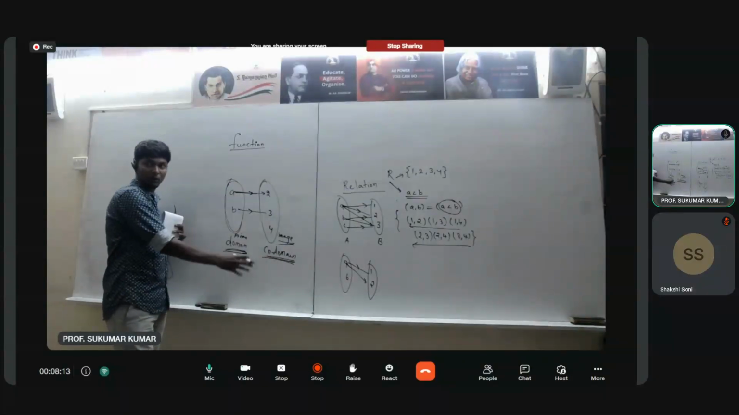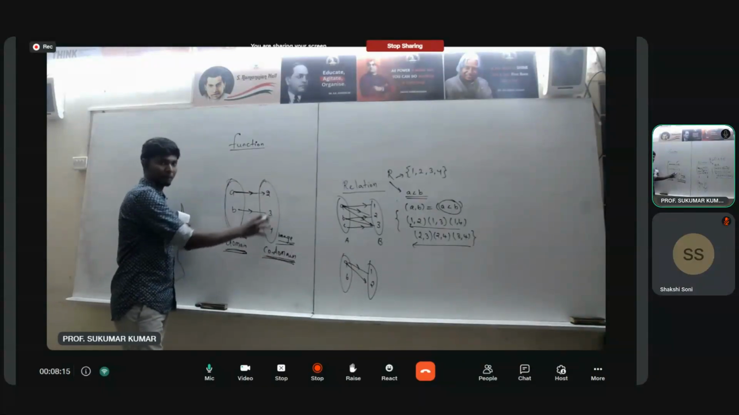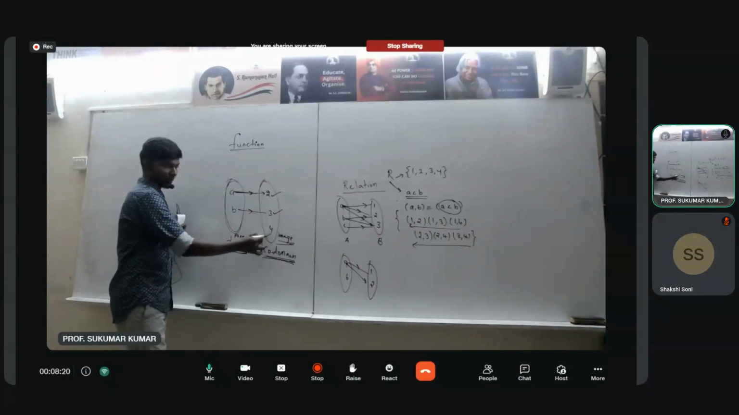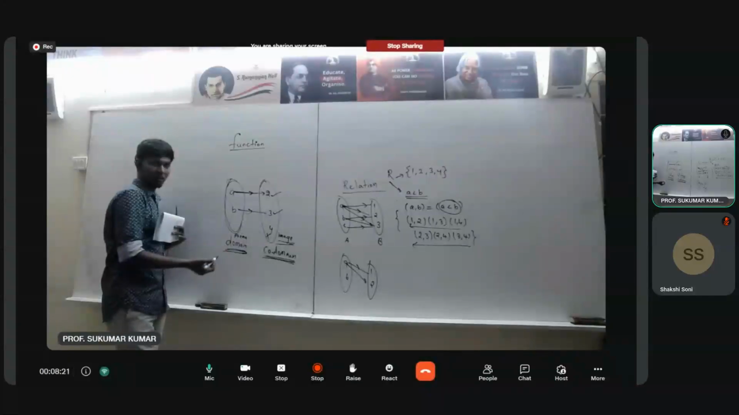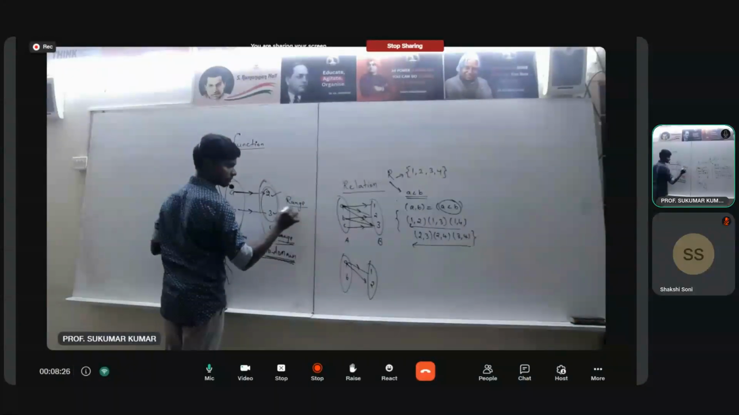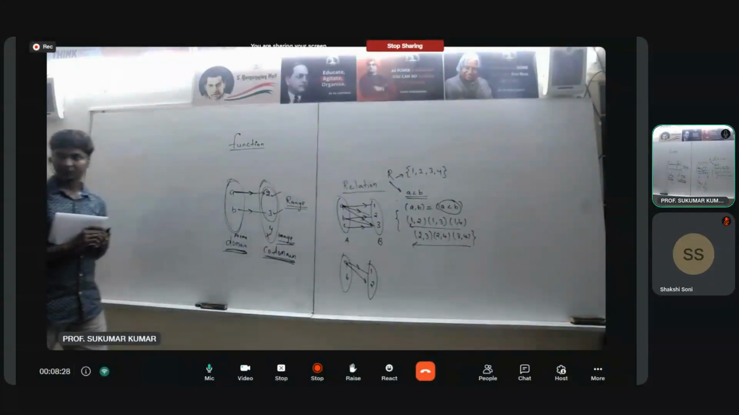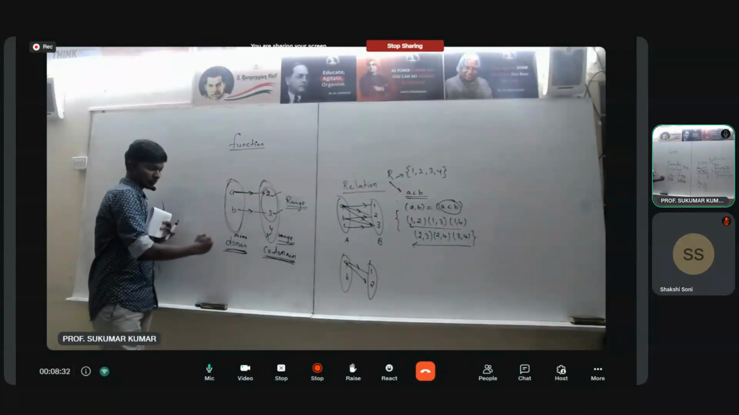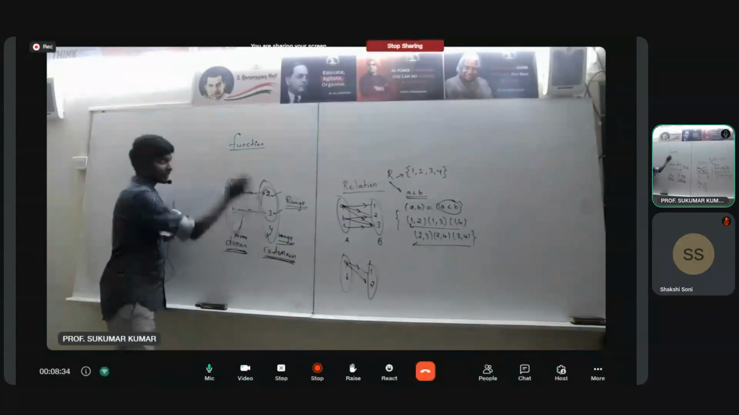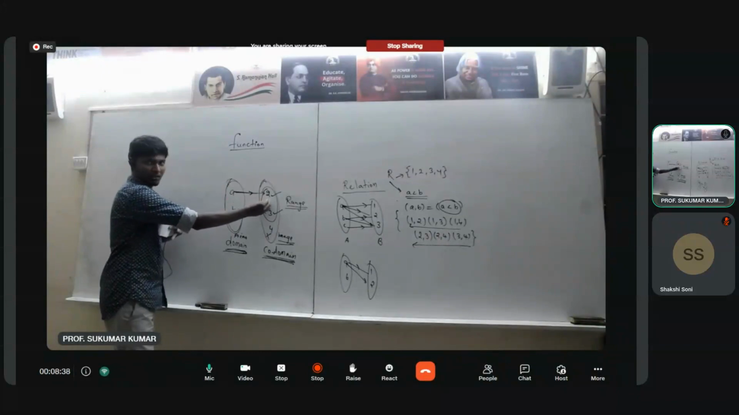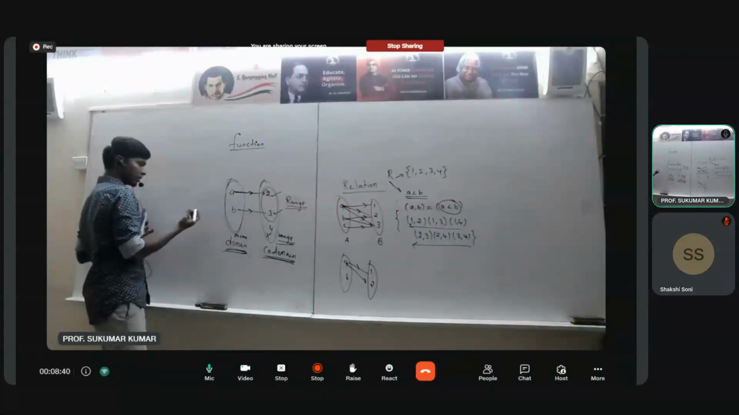But in the codomain elements, which elements are mapped? See, 2 and 3 are mapped, right? 4 is not mapped actually. 2 and 3 are mapped. These elements are called the range of the function, or range set. Got it? A mapping from domain to codomain is a function if and only if it has a unique image. So now you can say like